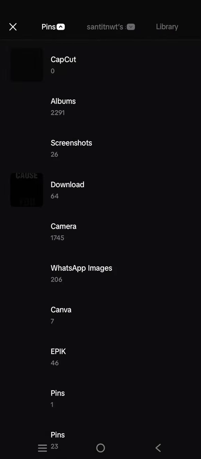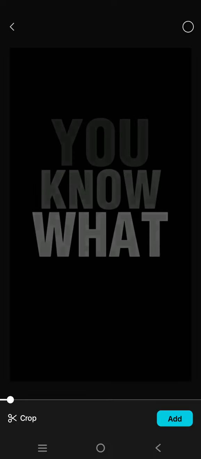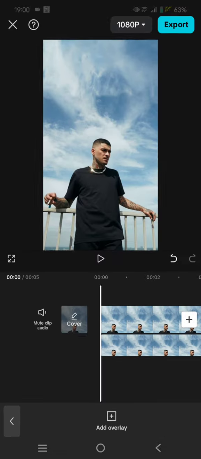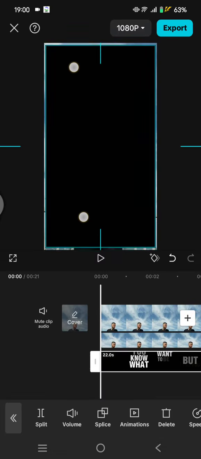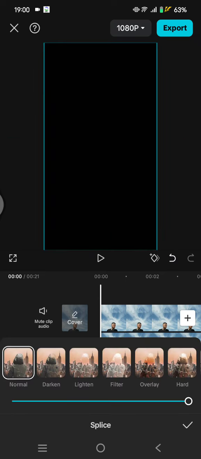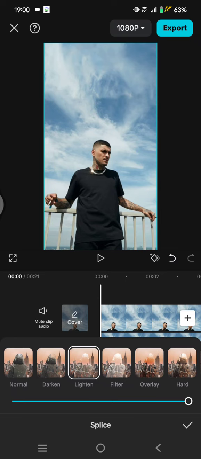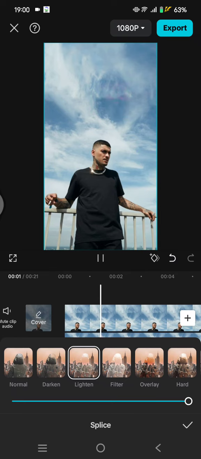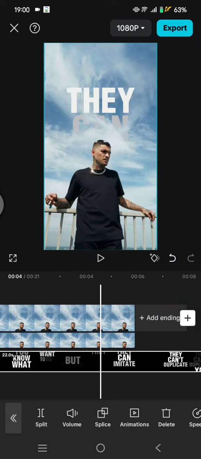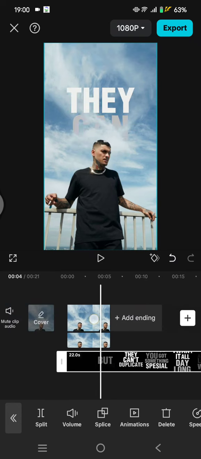Go to add the text lyrics like this as the overlay. You can find it on TikTok. You can use any song that you want, add on it. Now just adjust the size, use splice and use the light and like this. Click on a check icon, and here I'm going to adjust the duration to match with